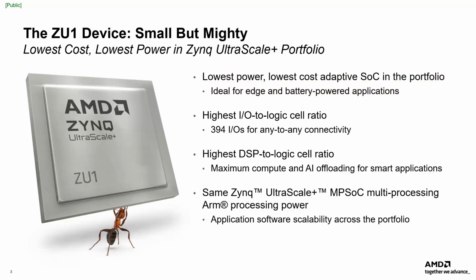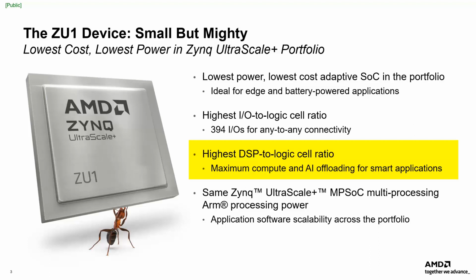For interconnect, the ZU1 has up to 394 IOs, giving it the highest ratio of IOs to logic of any device in the Zynq UltraScale Plus portfolio. While the ZU1 has 21% fewer logic cells than the ZU2, the DSP slice count was only reduced by 10%. That gives the ZU1 the highest DSP slice to logic cell ratio of any of the Zynq UltraScale Plus devices